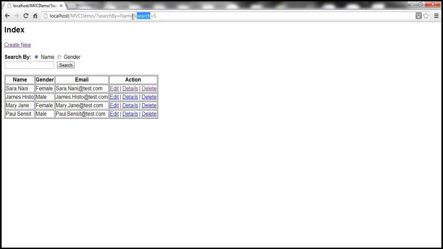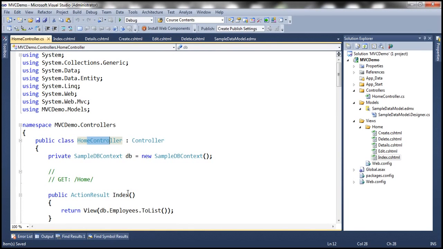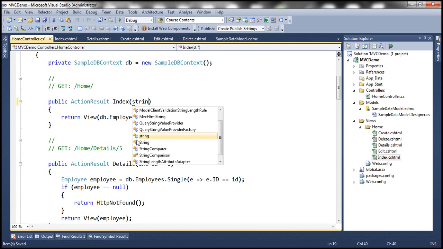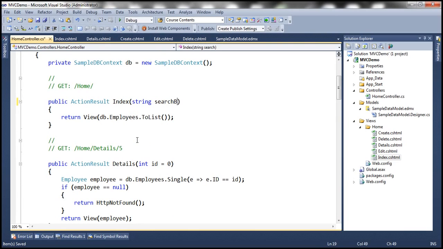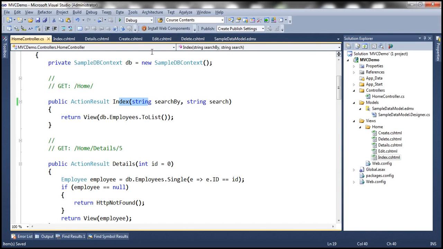Now all that is left is basically to retrieve those values within the index action and then filter the employees based on the search string. So within the index action, I'm going to use two parameters, string searchBy, string searchTerm. So obviously, when this action method is reached, the default model binder is going to pass the values from the query string into this method automatically. And then what we need to do here,